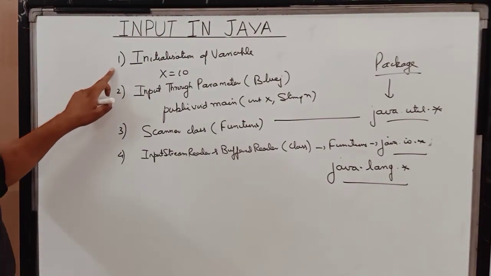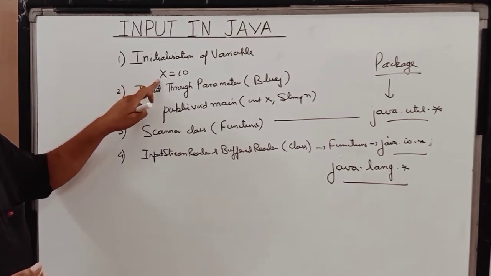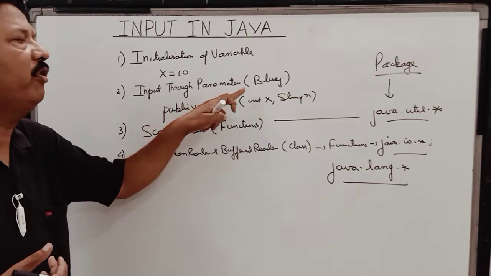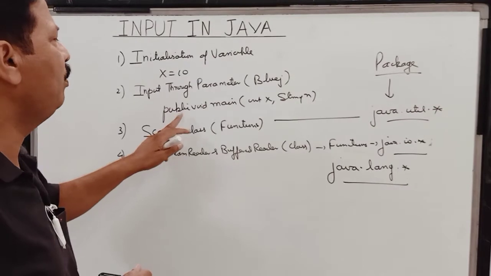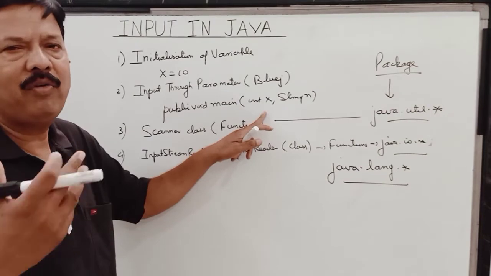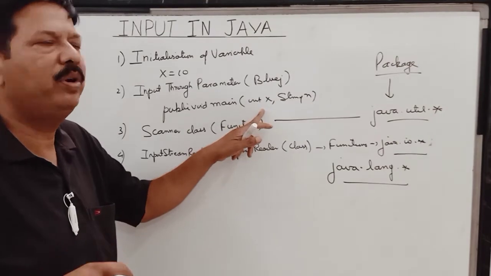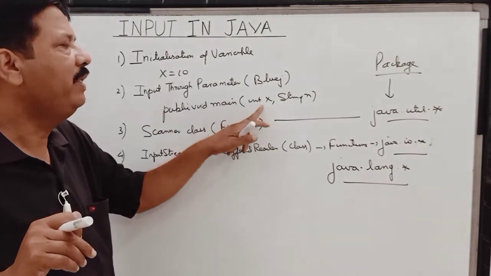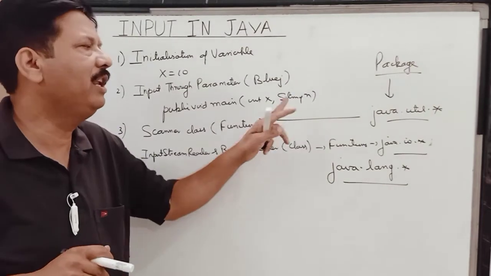We have learned this way of initializing values. When a value is given to us, we directly initialize it, as we have initialized this value x as 10. Then we were inputting through parameters, and this is only possible in BlueJ, where I have entered many values in my program through public void main, and whatever values I have to enter, I have entered over here. When I was running that BlueJ program, a method call screen was coming, and it was asking us to input the value of x, and whatever value we were entering at that time through the keyboard, that value was getting stored in x, and in the same way for any variable.